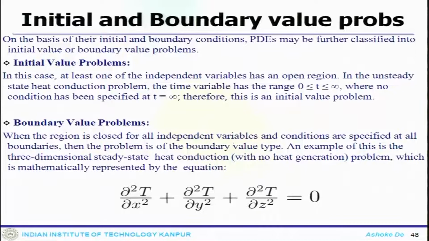So, now you come down to the initial value problems. On the basis of their initial and boundary conditions, the PDEs can also be classified. One could be an initial value problem, that means when you are solving a time dependent problem or the unsteady heat conduction problem or any other problem, the initial conditions must be provided, so as to get the solution over a period of time. So, that brings that to be an initial value problem, or IVP, or there could be a boundary value problem.